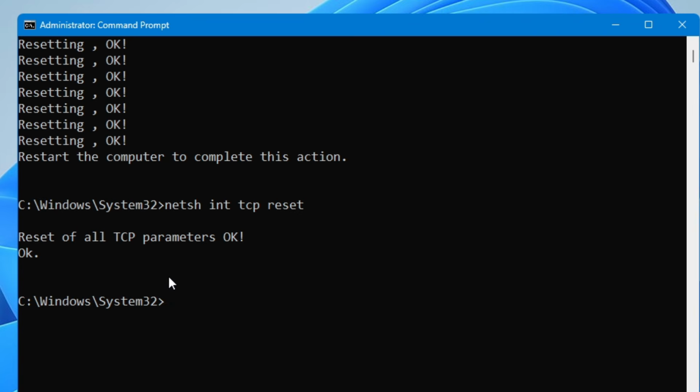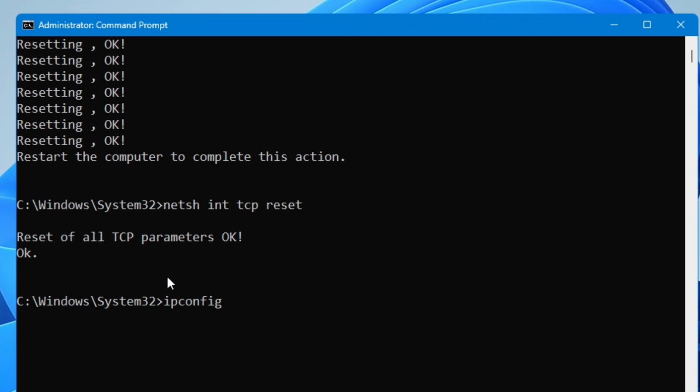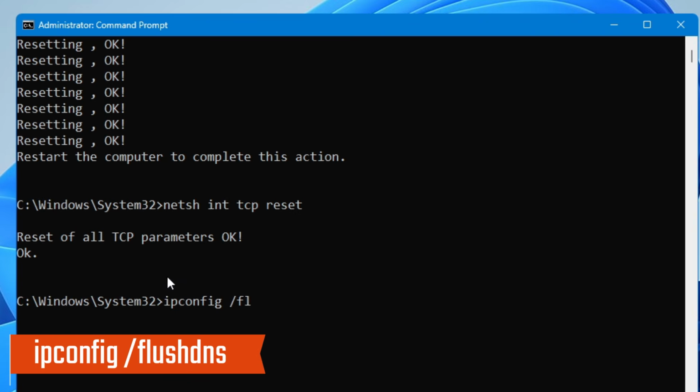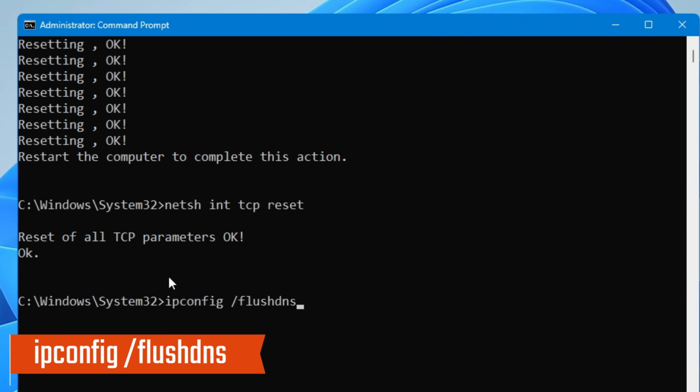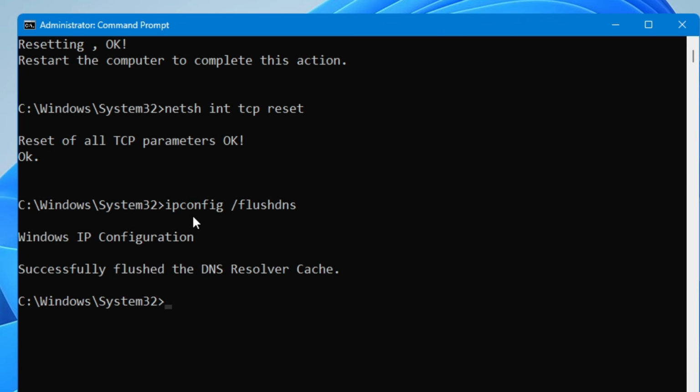Alright, now after this, type ipconfig space /flushdns. And once you hit the enter key, it says successfully flushed the DNS resolver cache. So this command basically clears the local DNS resolver cache. It removes the stored website IP address records from your computer, forcing it to fetch fresh, up-to-date information the next time you try to visit a website. Alright, now the next command will be